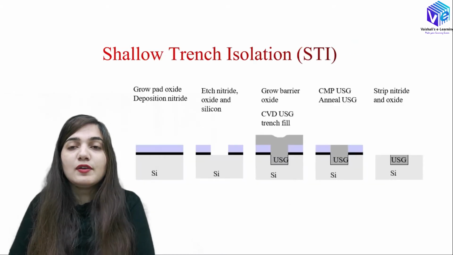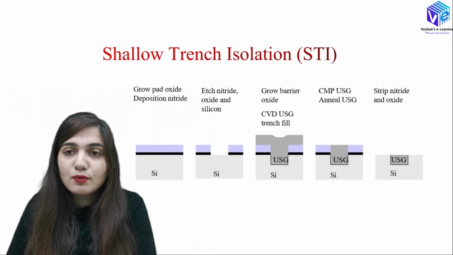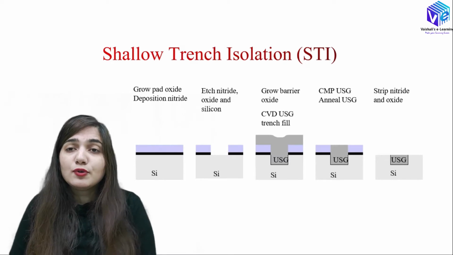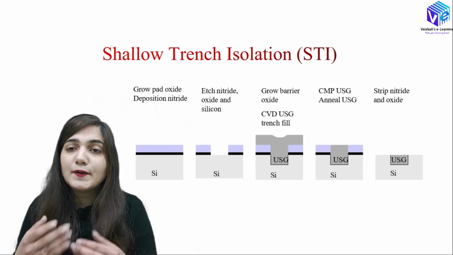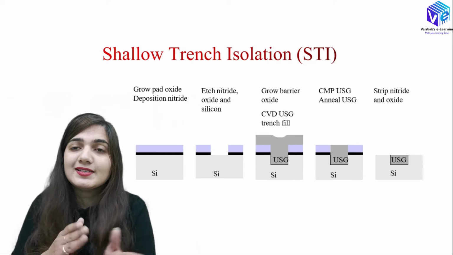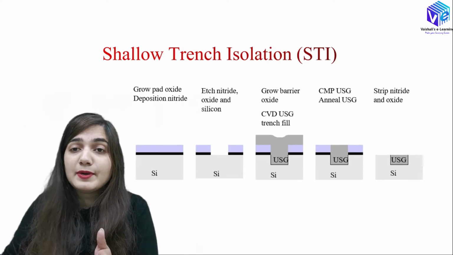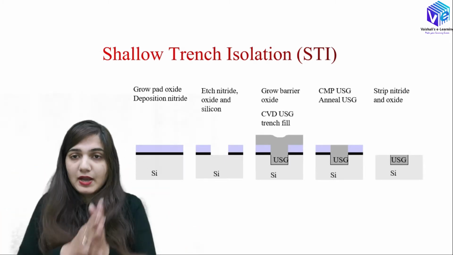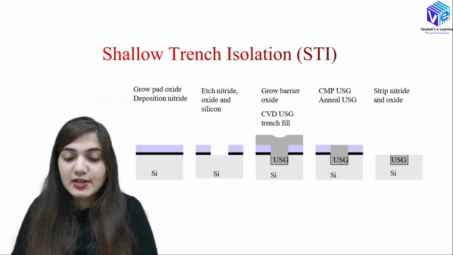Now first of all we are talking about the shallow trench isolation. As we know, the shallow trench isolation is used to differentiate between the two components on the IC so that they are not getting shorted out. If I have different MOSFETs, different transistors, different capacitors, I need some resistance gap in between all of them so that they are not going to short with each other. They are going to work separately. For that I have to make a shallow trench isolation.